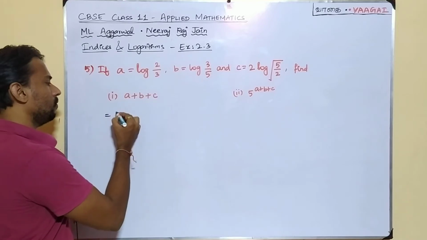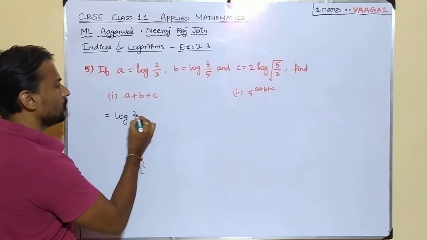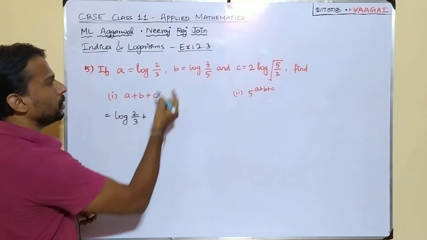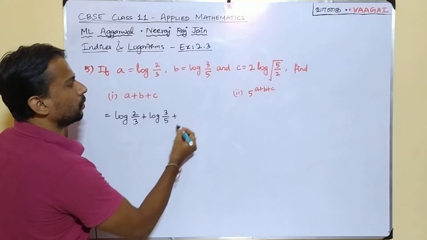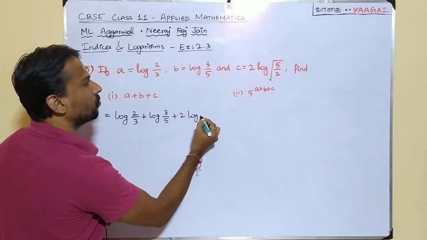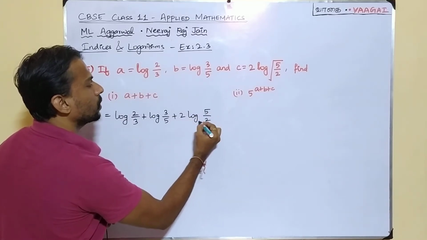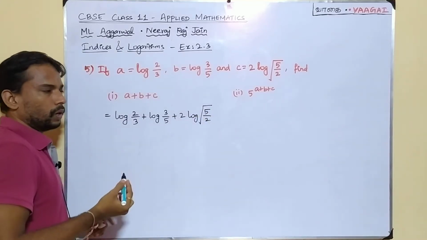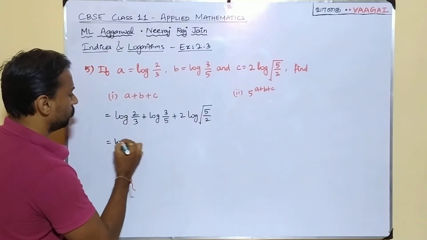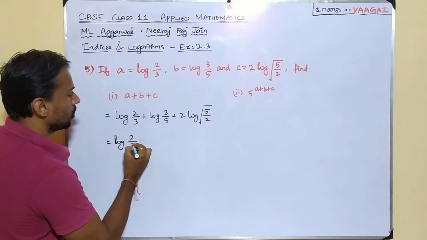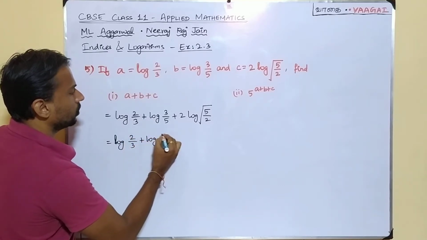So a will be what? A will be log of 2 by 3 plus, what about b? B will be log of 3 by 5 and c is nothing but 2 into log of square root of 5 by 2. Okay. Square root of the whole square root of 5 by 2. This is what we have. So continue this. So log of, this is equal to log of 2 by 3 plus log of 3 by